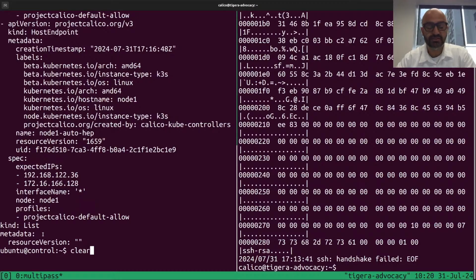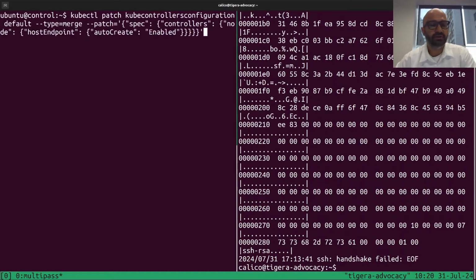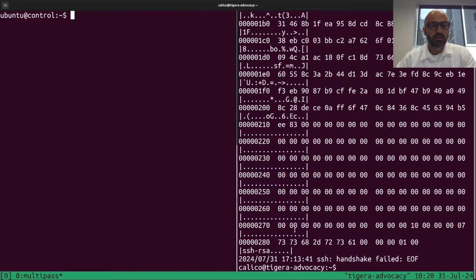For more context, Kubernetes network policies by default permit everything. Unless you write a policy, then that behavior becomes deny everything. All right, so next, we're going to create a policy that can actually use our host endpoint. For that, what we need to do is